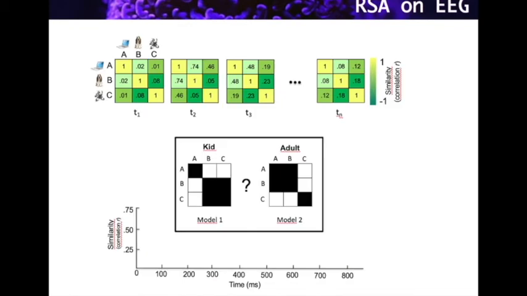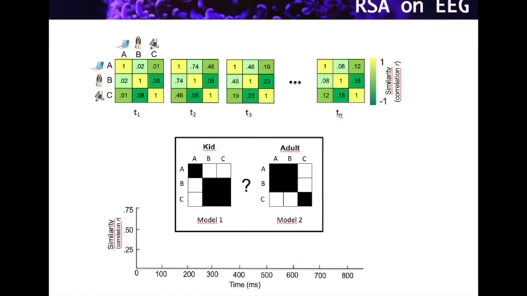Now, as I said before, another way to address representational similarity is to quantify how predictive models or theoretical models that maybe you infer from your theoretical background or from your questions also fit the real data. That could be easily implemented by doing an approach similar to what I did before. So in that case, we would have two theoretical predictions that may account for our data. The one that relates to how the kids may feel that these elements are precious, and how adults may feel how these three elements are precious.